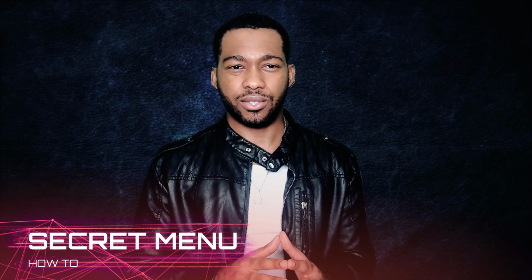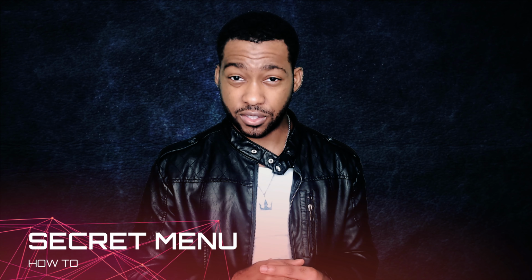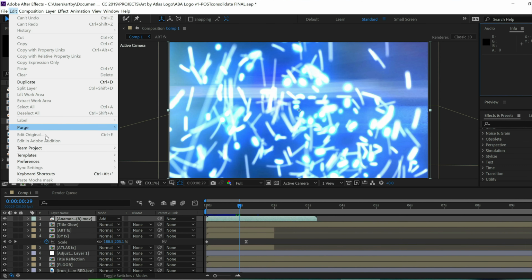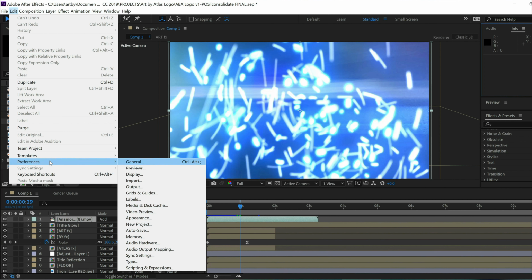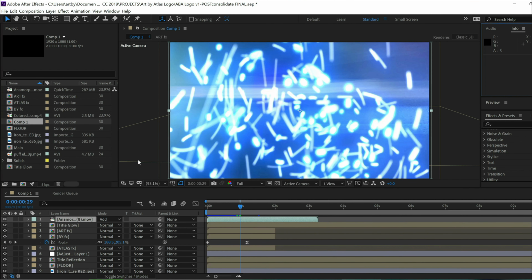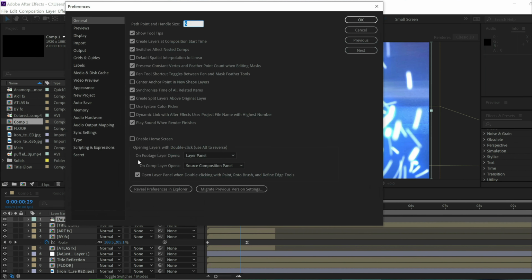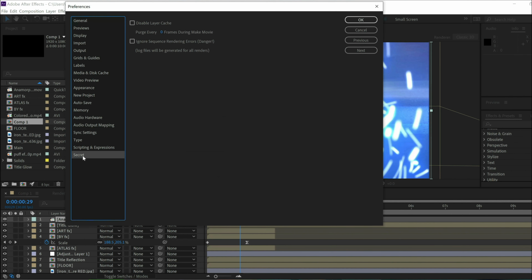First things first, Adobe thought it would be a great idea to only give you half the program's full options to tweak. But if you're like me and want to see After Effects laid bare, navigate up to the Preferences tab and hold down the Shift key on your keyboard. As you do that, click on the General options in the drop-down menu. And in the new window that appears, you'll see the newly revealed Secret menu. Time to have some fun.